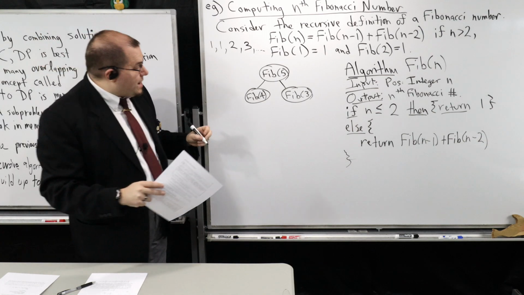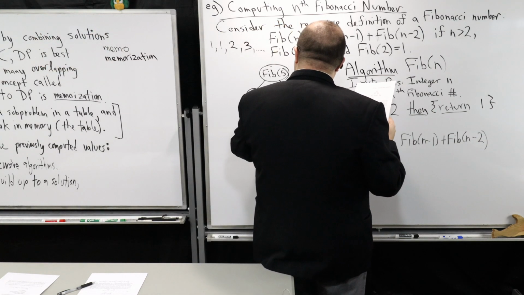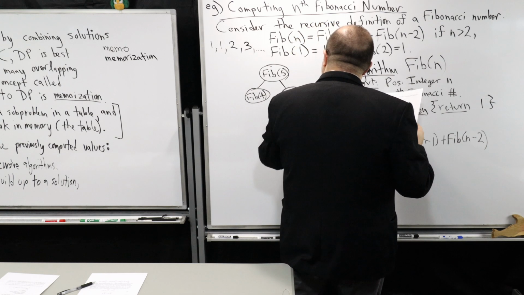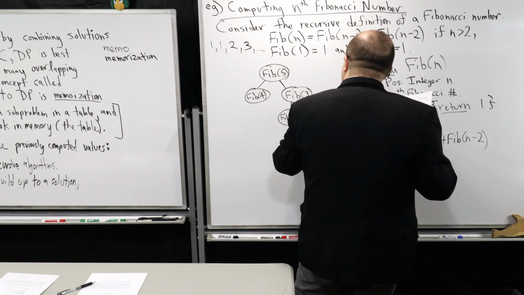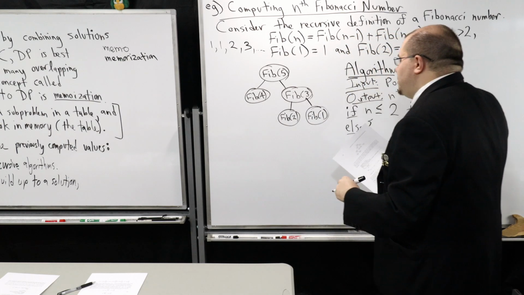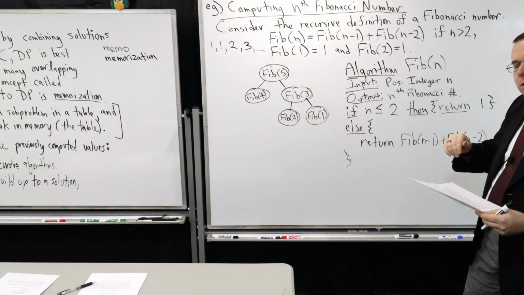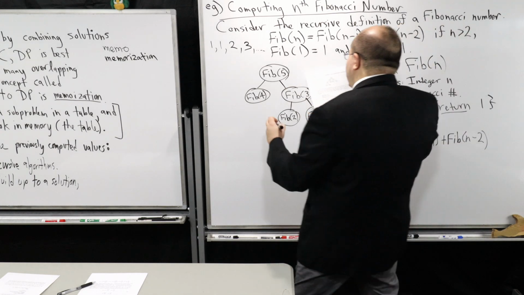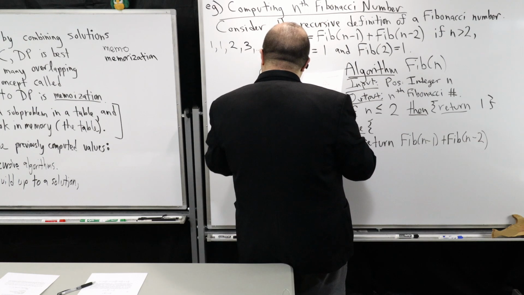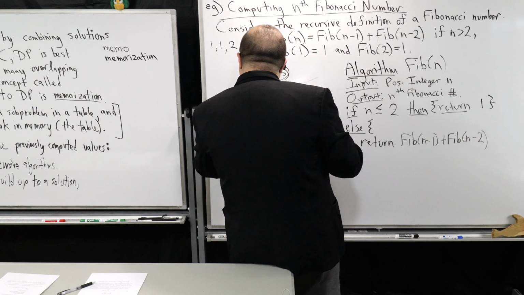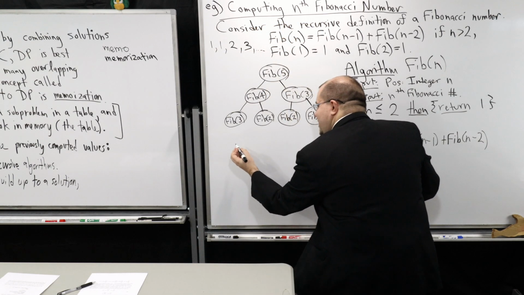Yeah, 2 and 1, exactly. I'm going to need fib 2 and fib 1. Fib 2 and fib 1. So notice that these are 2 base cases, so we don't have to do anything more here on the right side of the tree. However, on the left side, we're going to depend on computing fib of 3 and fib of 2, which naturally